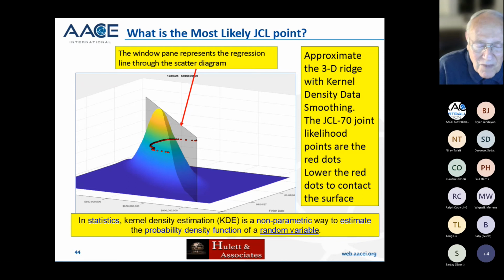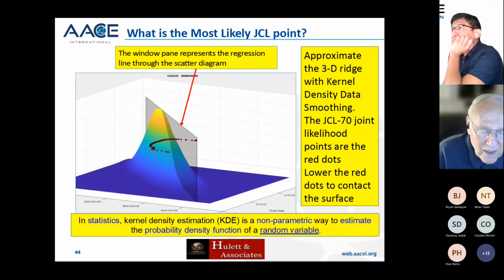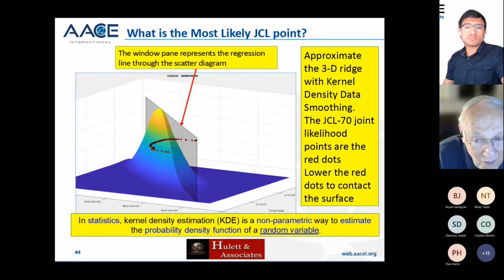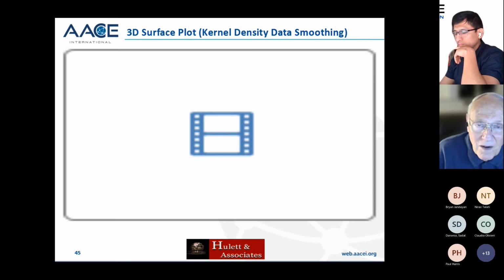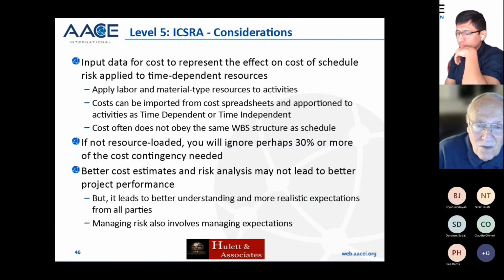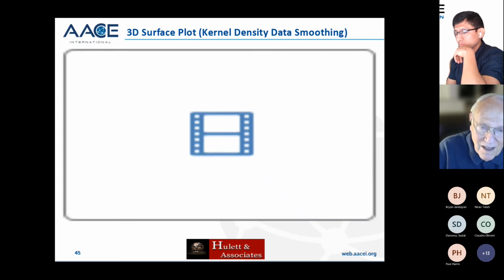We want to tell Congress or the Parliament what's the number. Okay, we're using a kernel density estimation, which is a non-parametric way of estimating the probability density function of a random variable. And Sam is the guy who knows about this. Let me just show you what it has. Oh, well, if we do that,